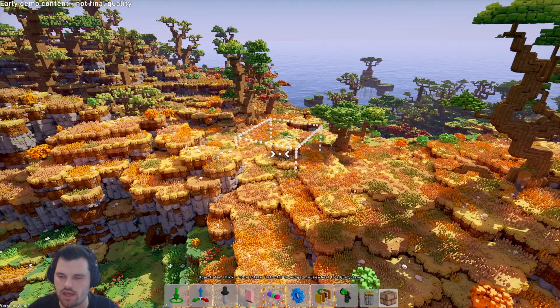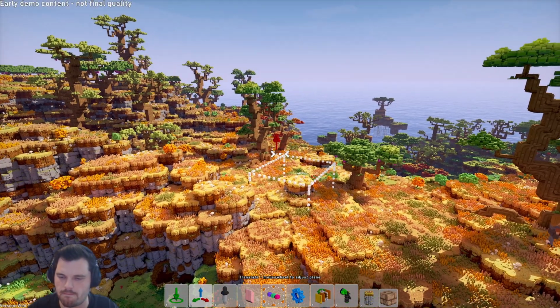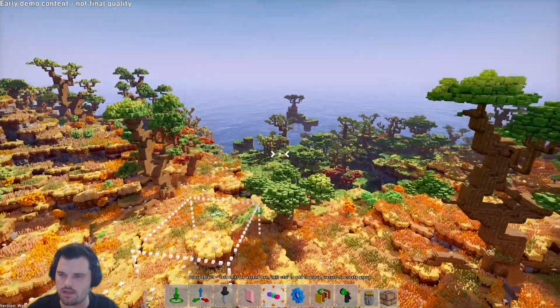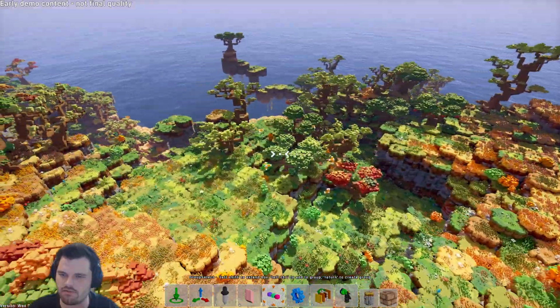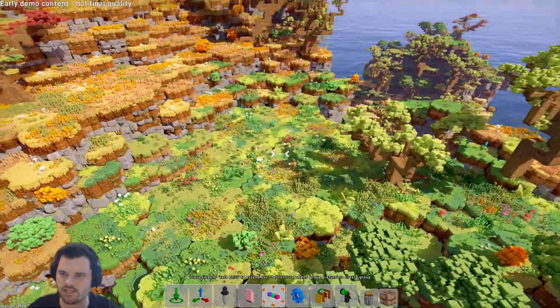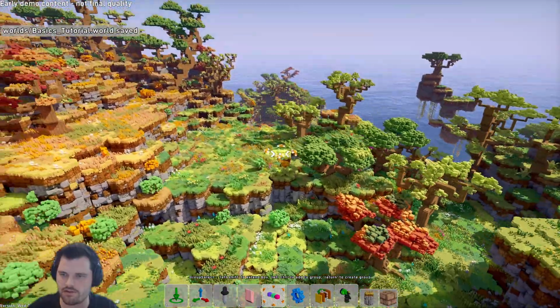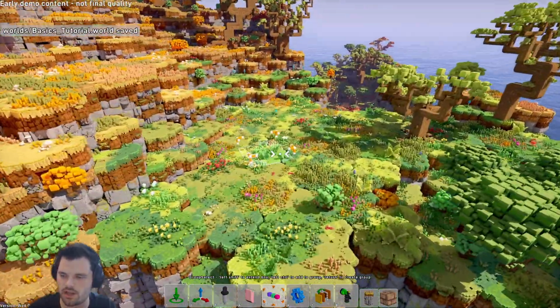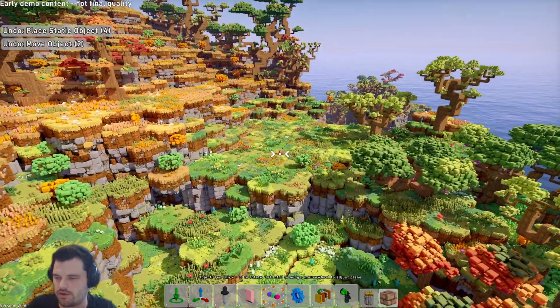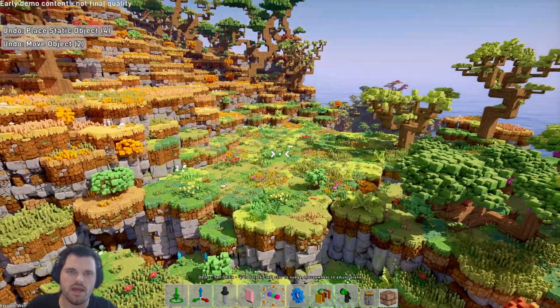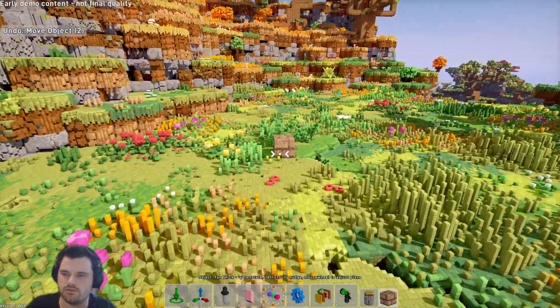And then I'm going to go ahead and find a good area for this house. I kind of like this. Yeah, I got some flat ground here. Yeah, that looks good. So I'm going to go ahead and grab my brick here, and I'm going to just